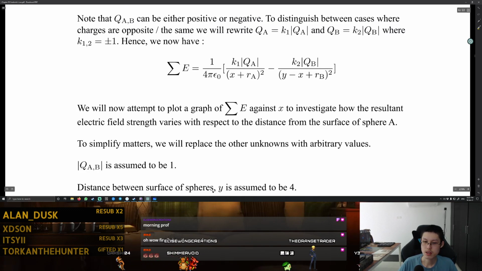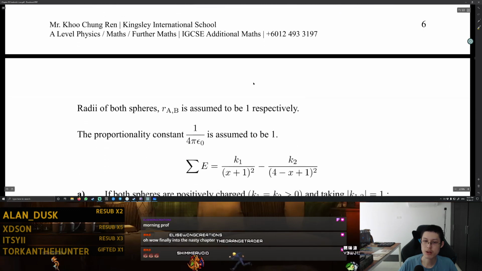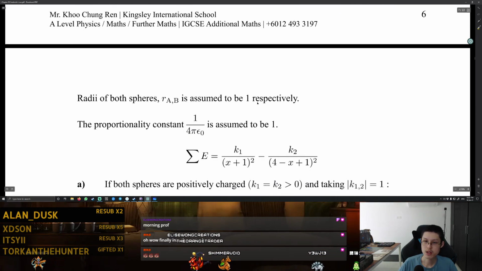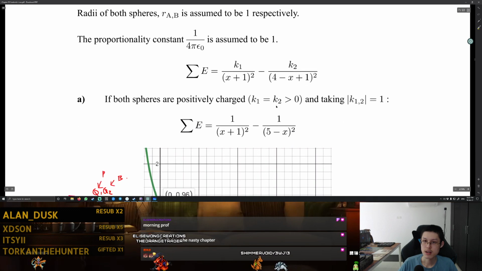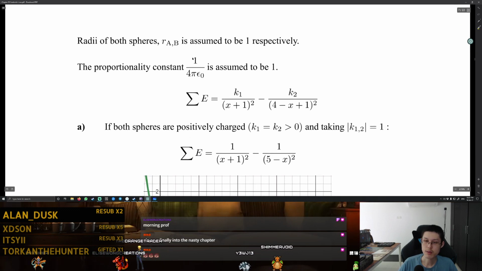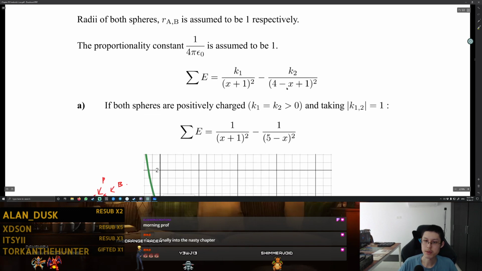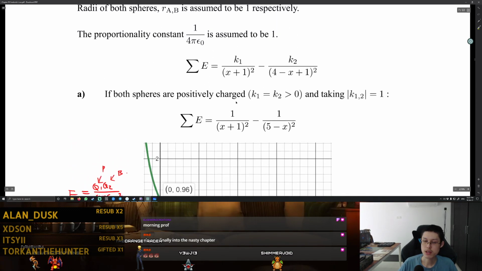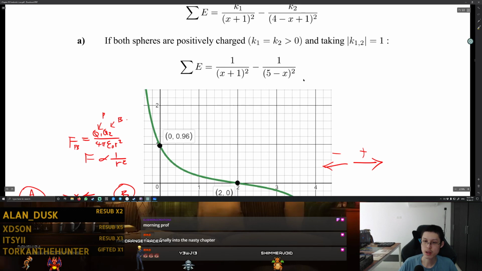The distance between the surfaces of the spheres, we're going to say is 4. So we're going to say y is 4. And the radii of both spheres, we're going to say is 1 respectively. We're also going to say that the proportionality constant is 1, just to make things simpler. So if you have two spheres that are positively charged, this one and this one, and I plot it on Desmos,